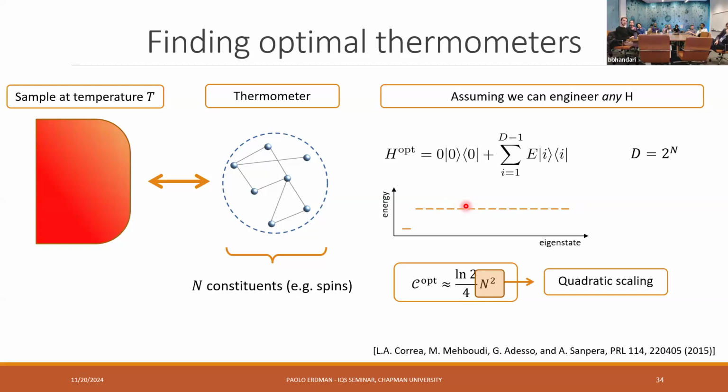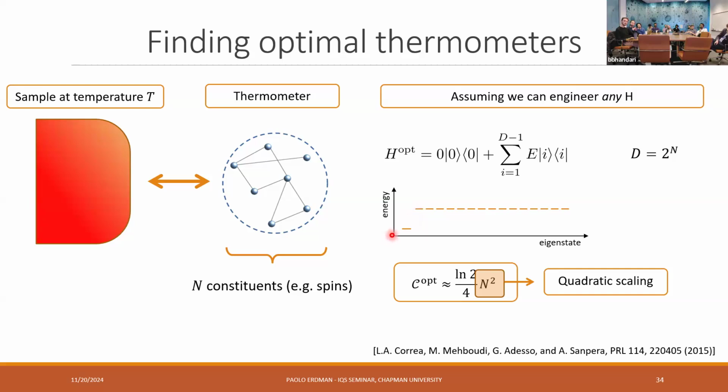And if you decrease the temperature by a little bit, then the population all goes to the ground state. So you have to carefully tune this gap to be sensitive around a given temperature. And then it's really sensitive because here you have this exponential degeneracy, a 2 to the n degeneracy. Because of this, just a very small change in temperature will have a drastic change on the population of the ground state and excited state. And yeah, this is kind of the idea.